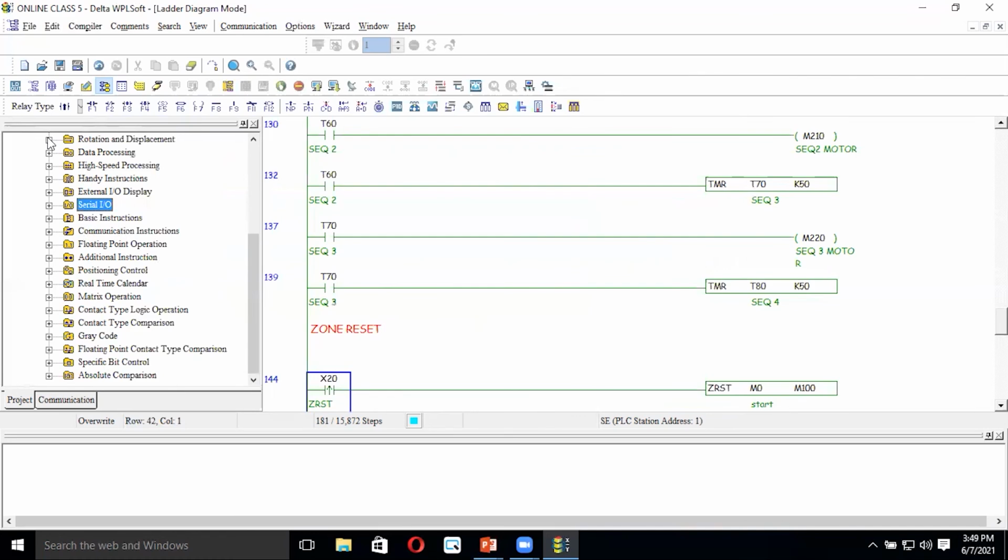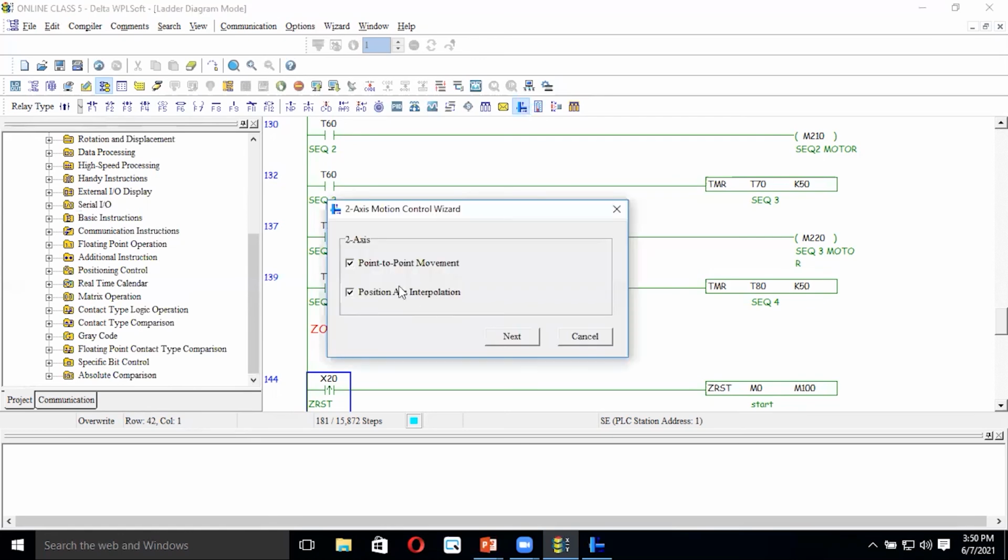By using a PLC, we can do motion control, like an X-axis robot. We can control that easily using motion control. You can see here 2-axis position control. By this, you can easily program a 2-axis or 3-axis robot.